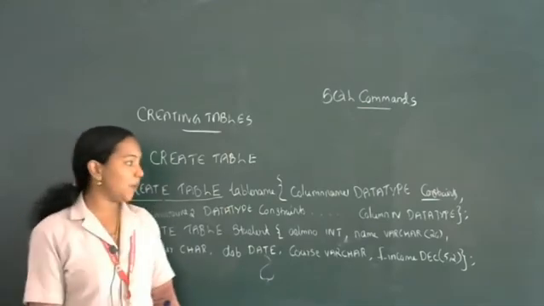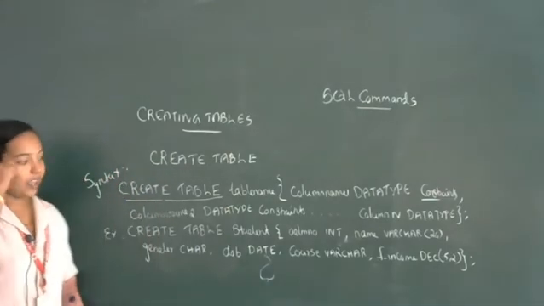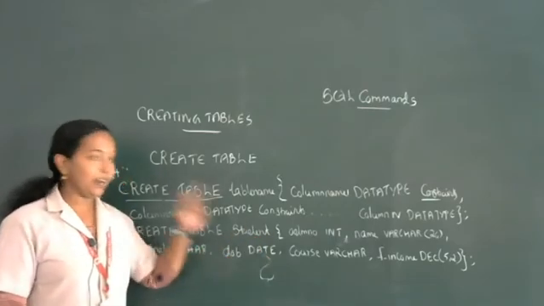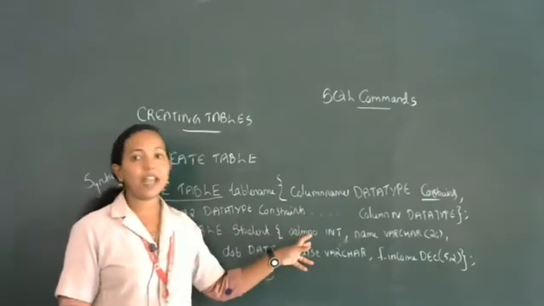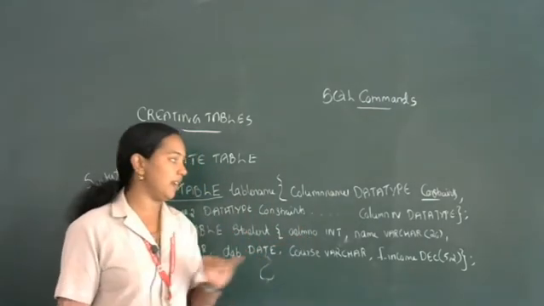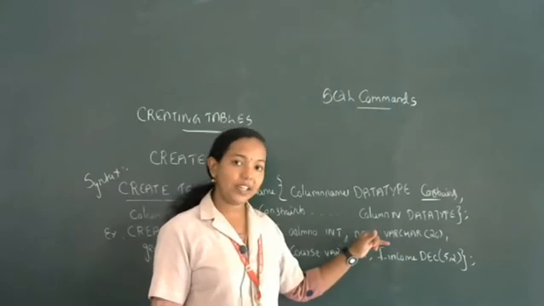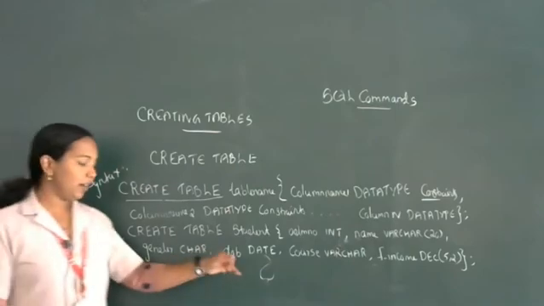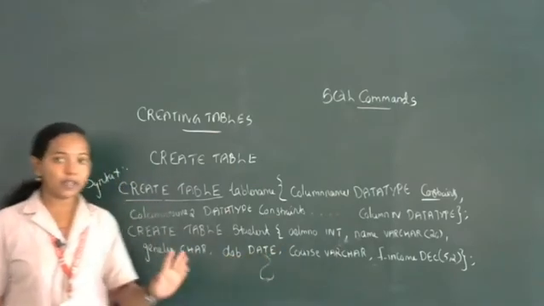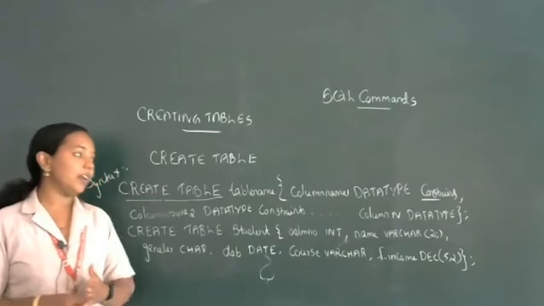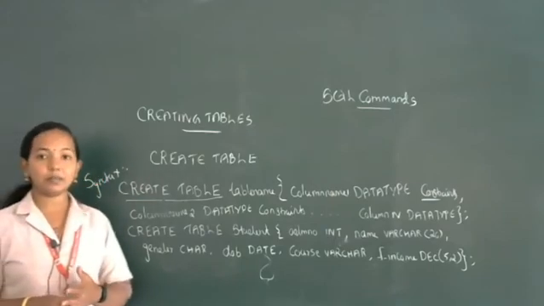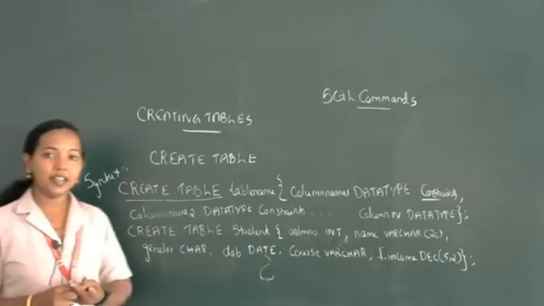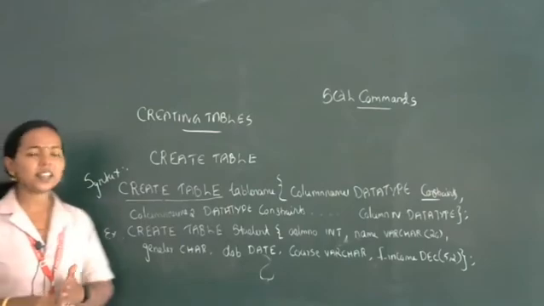So the first one was the syntax and the second one was the example. Create a table. Which table are we creating? Student. Then the first column, what will be the column name? Admission number. Only integer values we can insert. Second column, name. Third column, gender, only character values. DOB, date of birth, date. Then course, varchar. Then family income in decimal 5, 2. Clear? So hope you understood this. This is the syntax and example for the create table command.